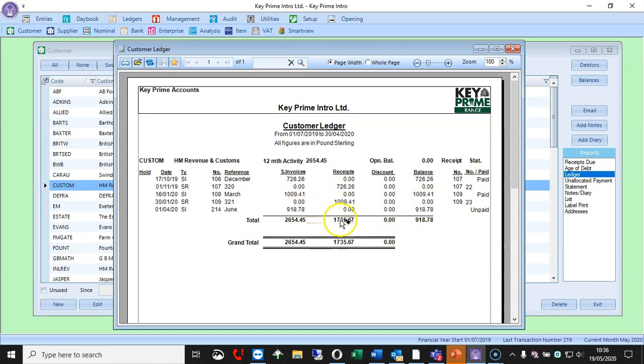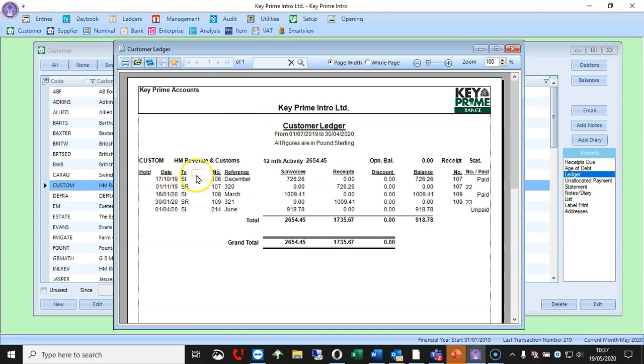Now, it may be on timings that your balance doesn't go to 0 because this company is set up for quarterly VAT, but it may be that, you know, each month, as long as you've got each month clearing down, that's your important check. And we need to make sure that you're doing that, your VAT, with a sales receipt, and that you haven't got any bank receipts or bank payments in here for the VAT.